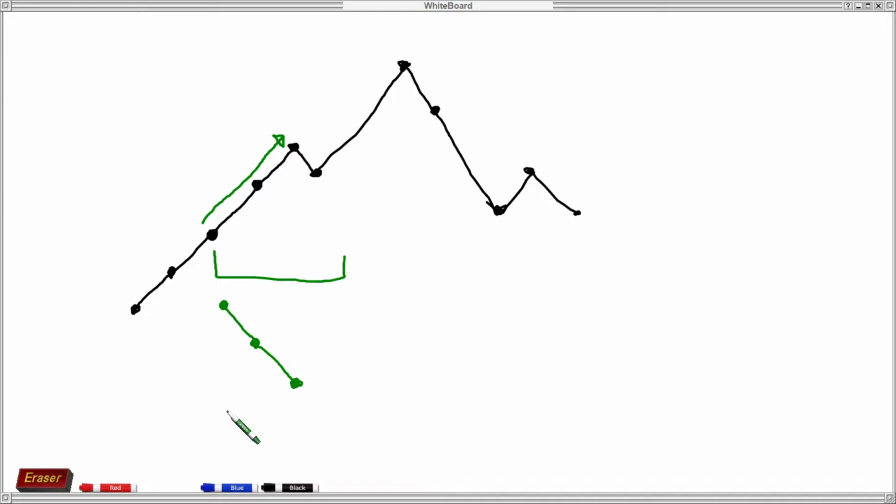And now we cannot choose these indices in another segment, so we will never be able to change this shape back to something like this. It will never be possible.